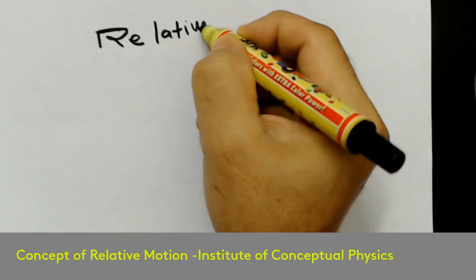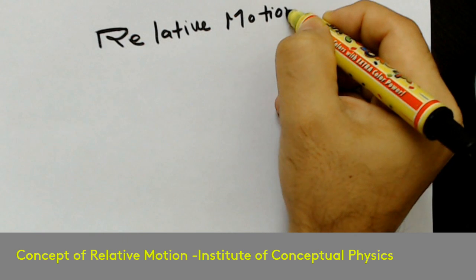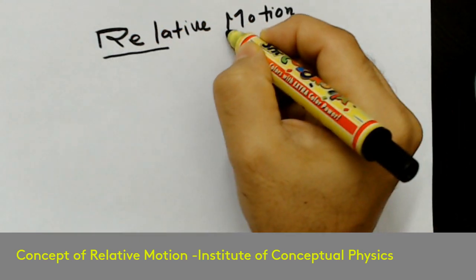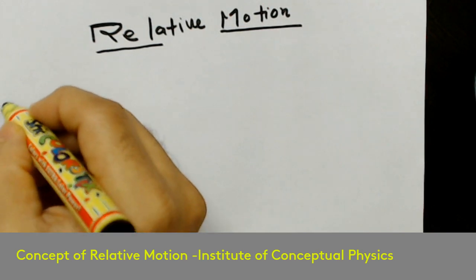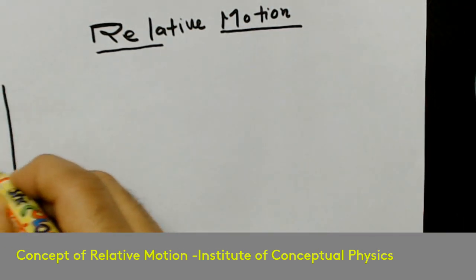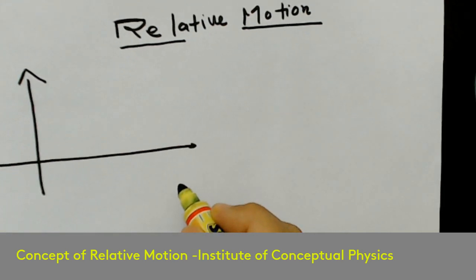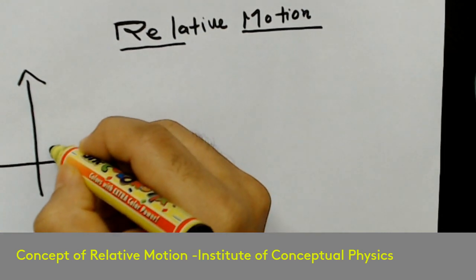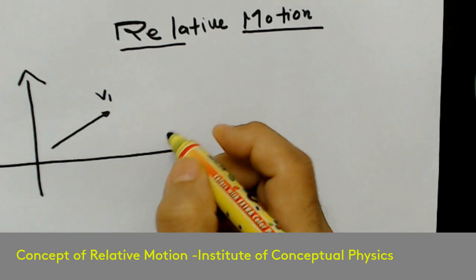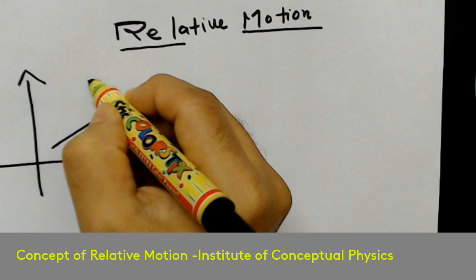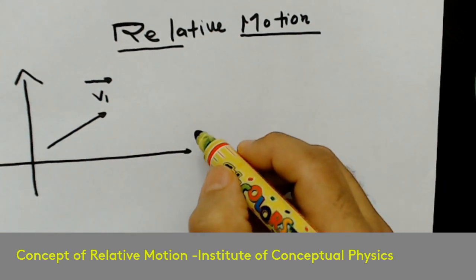Motion, and this is going to be a conceptual discussion as to what is relative motion. All right. So let's talk about the fact that you could have a coordinate axis, in which the whole measurement is taking place, and there is a body having a velocity v1. Okay, and obviously velocity v1 is a vector, and then you have generally